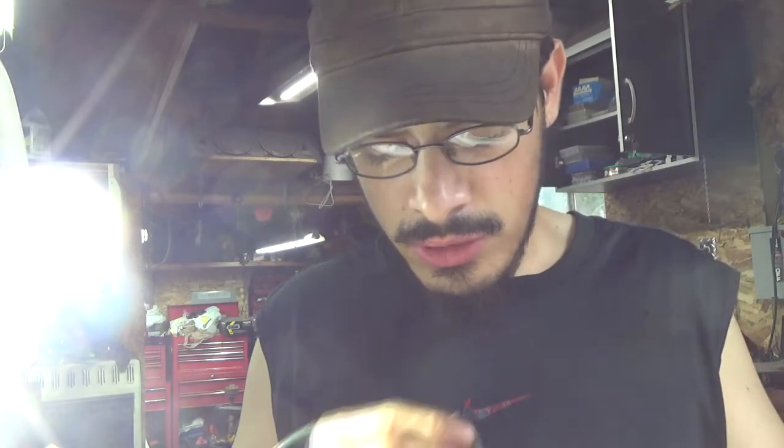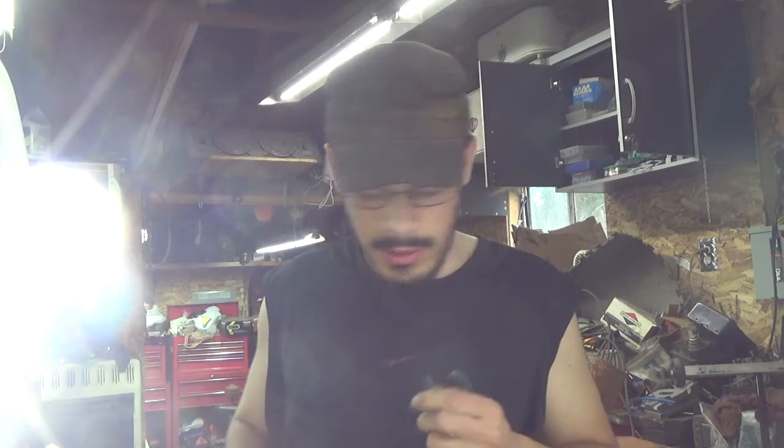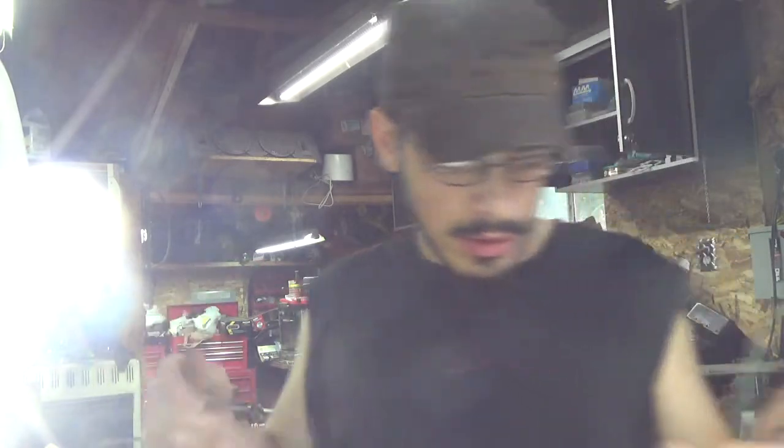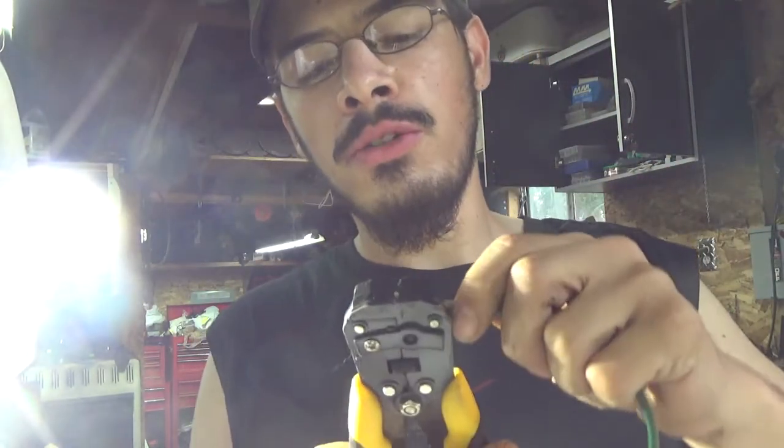This is blue-ish. I don't really care what color it is, being honest. But it's wire. It's gonna work. My dad always told us kids, never throw away wiring or anything like usable wood or anything like that. So this is the perfect time to recycle what you have instead of going to the store and buying more wiring. Now what you want to do is take your extra piece of wiring,